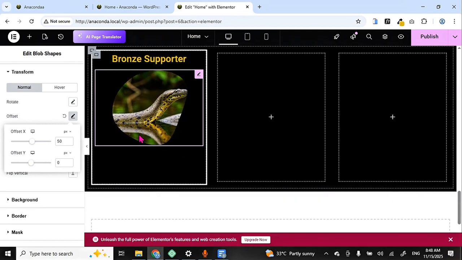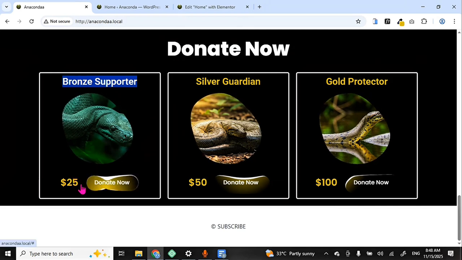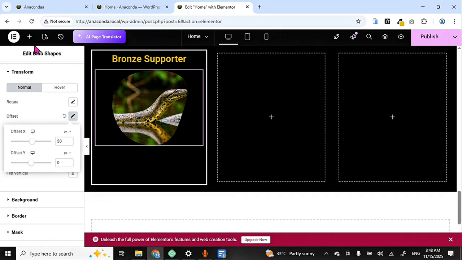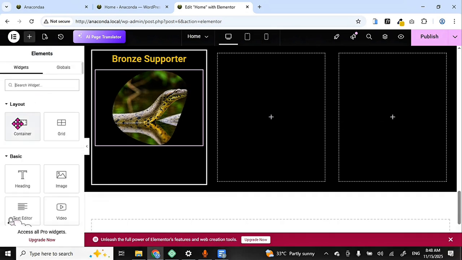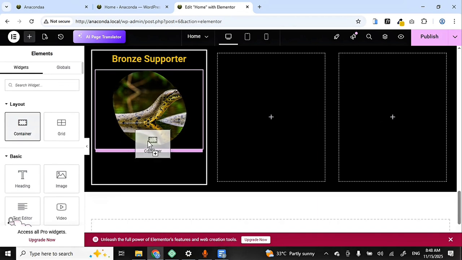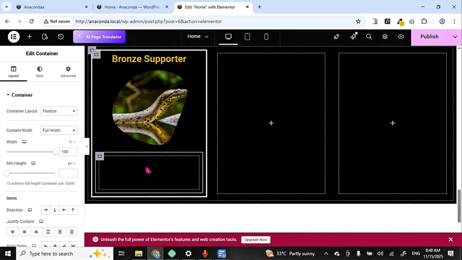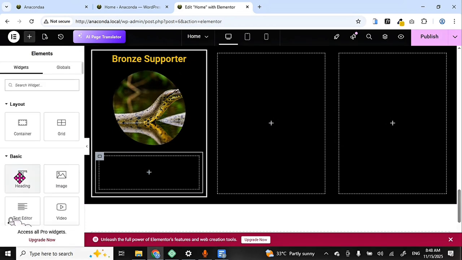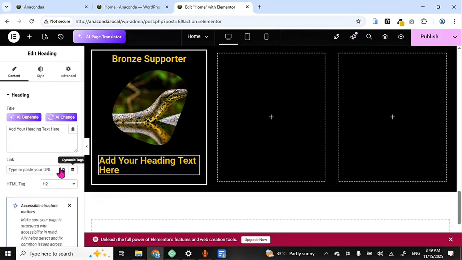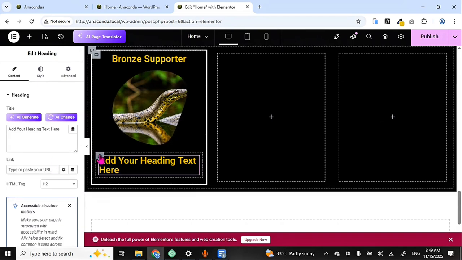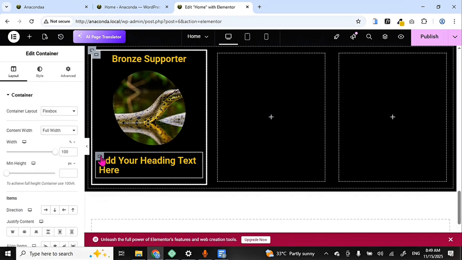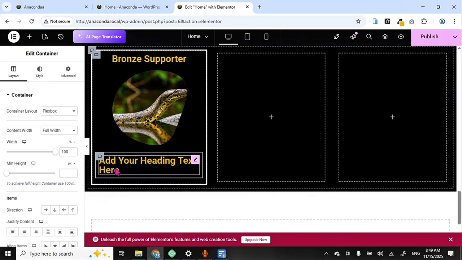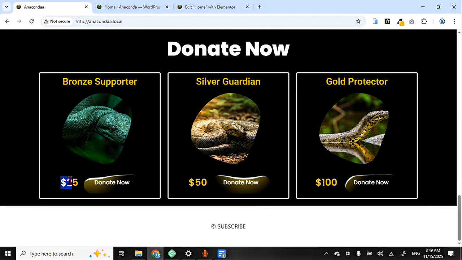So the next thing we want to do right now is to create this, and for us to do this, come again another container. Alright, so we have another container. So inside this container we are going to have our heading like this. So this container, let's make sure that it is horizontal. So click on it and make it horizontal. So this one, let us change the text. So what we have is